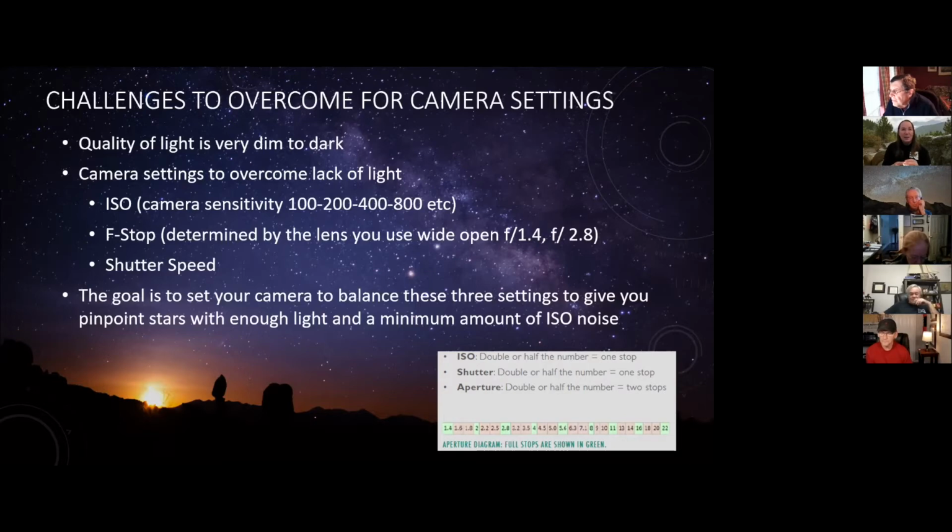The camera settings that you need to overcome this lack of light are your ISO sensitivity, the f-stop determined by the lens you're using, whether it's a 1.4 to 2.8 or 3, and your shutter speed. So the goal for night photography is to balance all three of those. The f-stop is basically determined by your lens, so you're not going to be able to adjust that because you want it as wide open as possible. The shutter speed is going to be